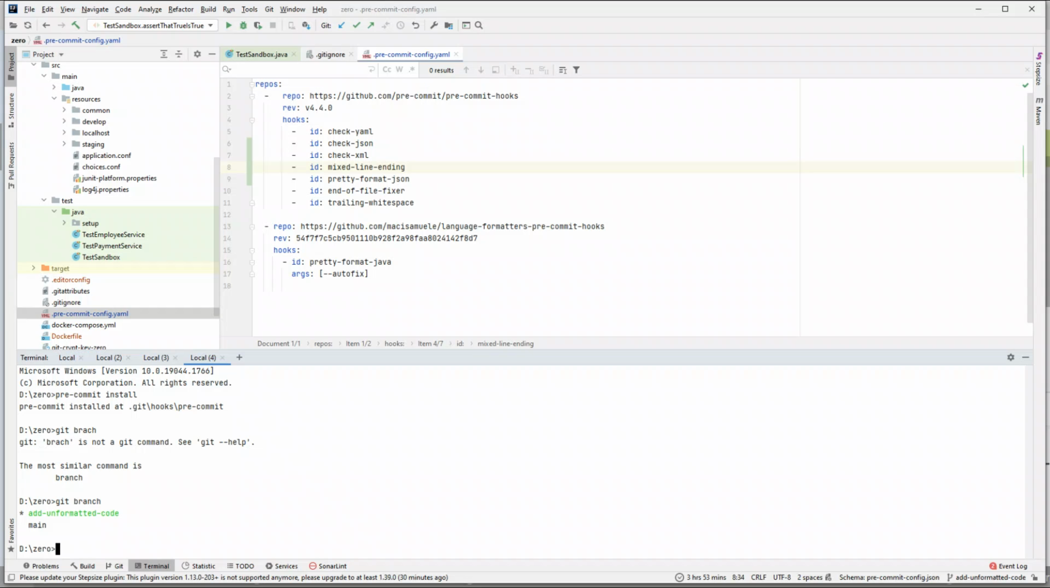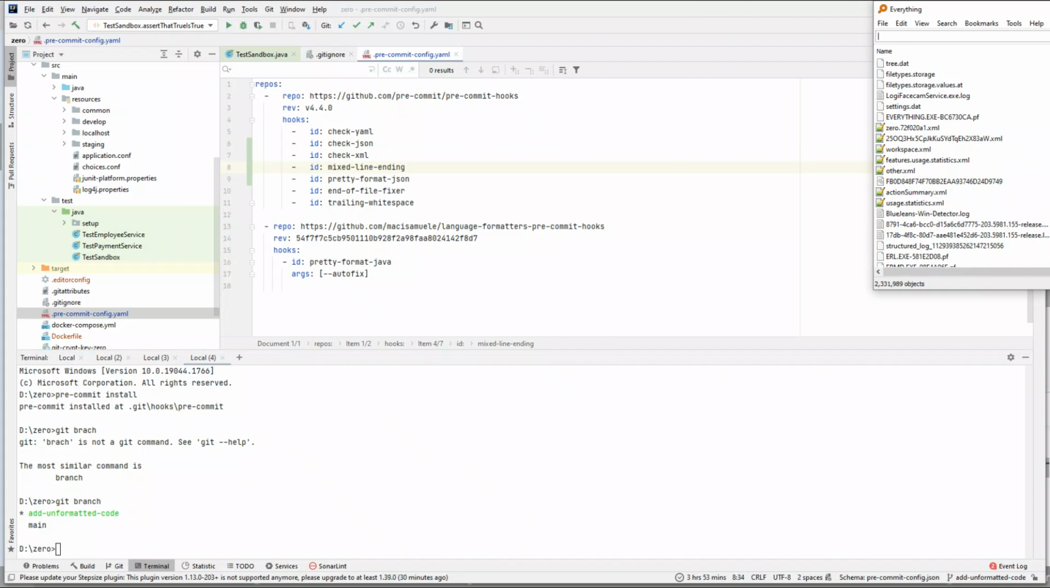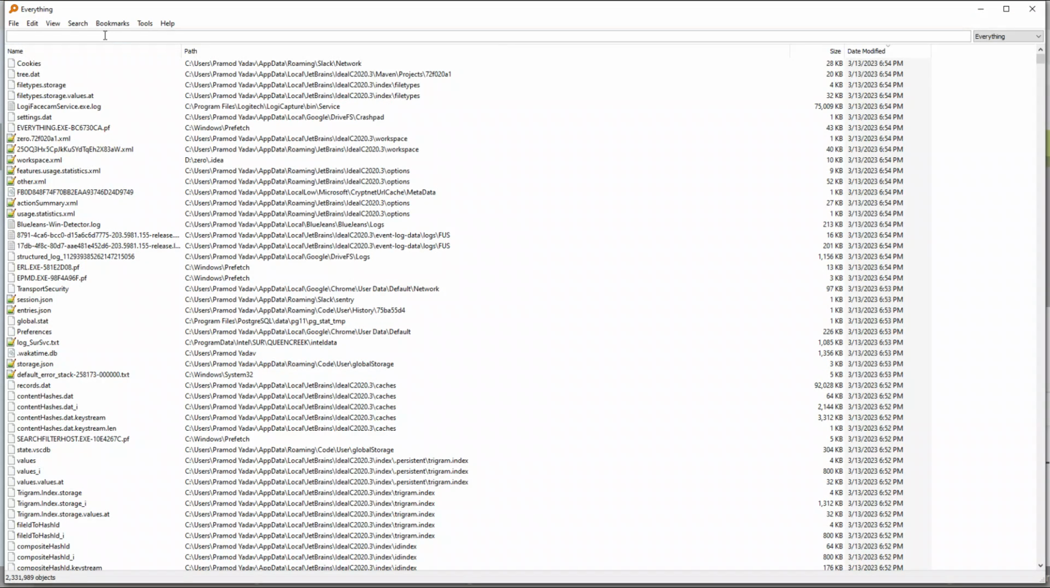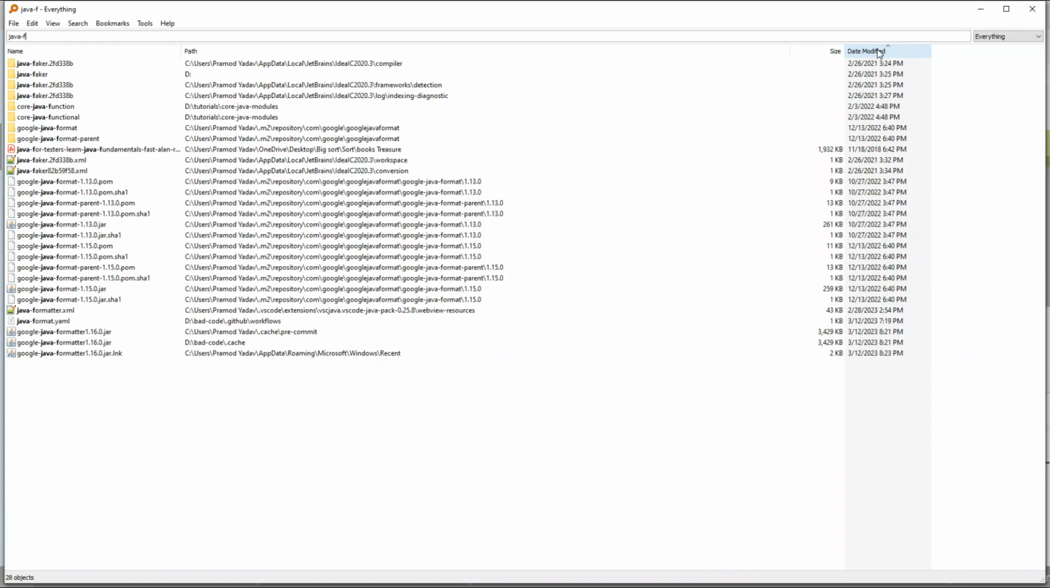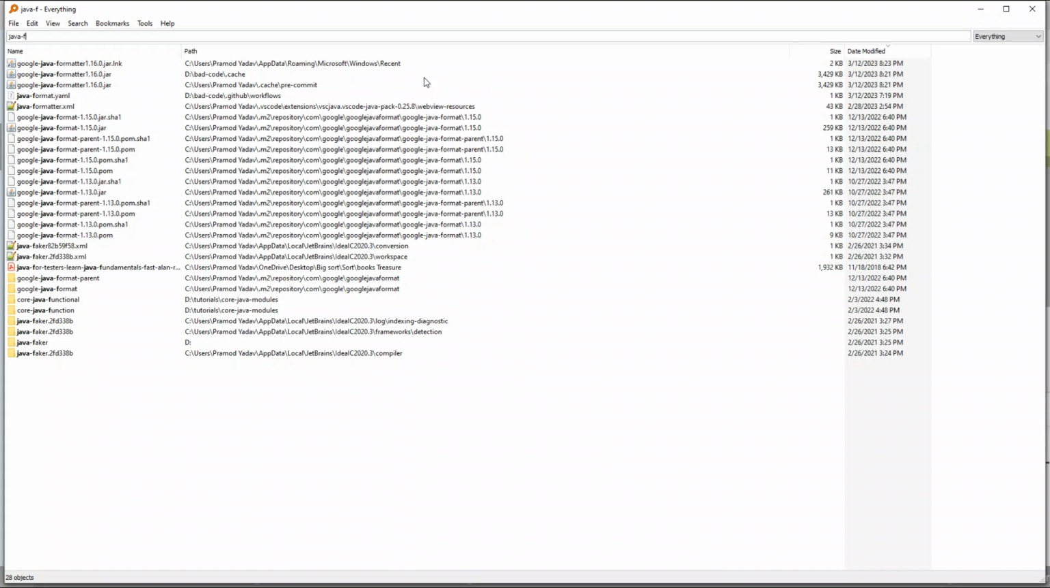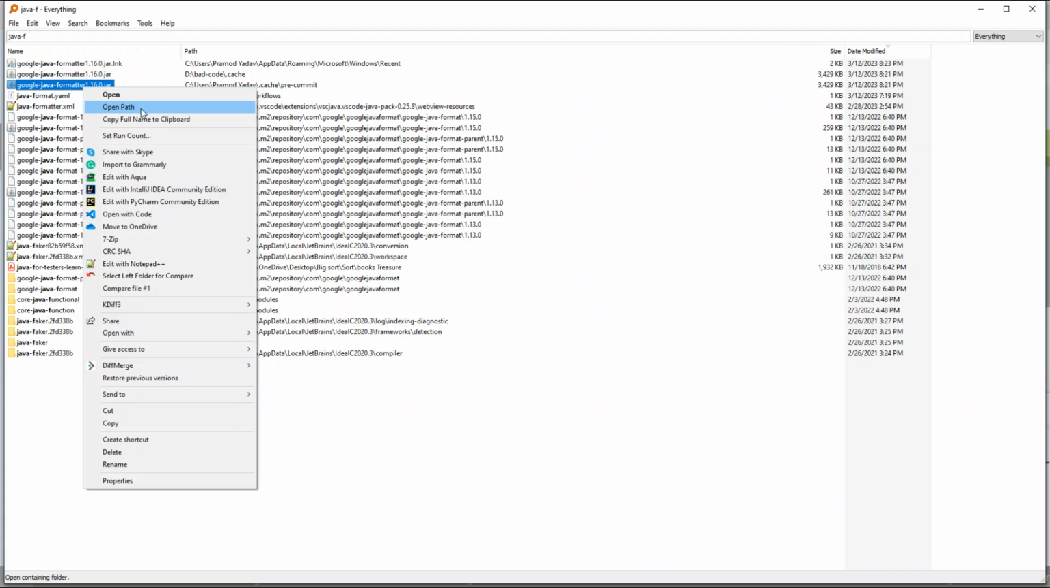So let's say if I open everything. So this is an application called Everything, and what I'm going to do is I'm going to say git. Yeah, so for example, Google Java format program. This is the one that was installed, date modified. So this was the one which was installed today, right? And this is in my user directory in AppData Roaming recent, but I think it's also available here in my user repository .cache pre-commit, right? So if I open this location, open path,